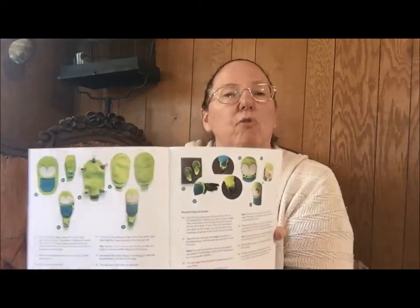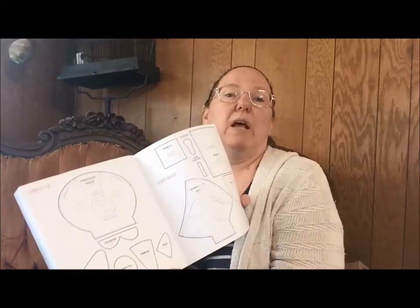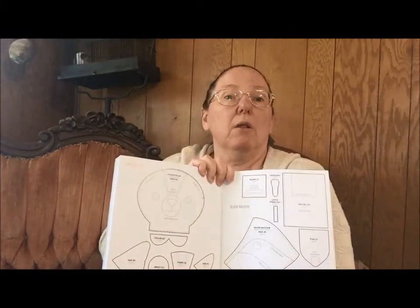There's a lot that I like about this book. It has adorable projects. It has lots of illustrations showing you how step by step things go together. It has got full-size templates in the back, and this is going to start to be a make it or